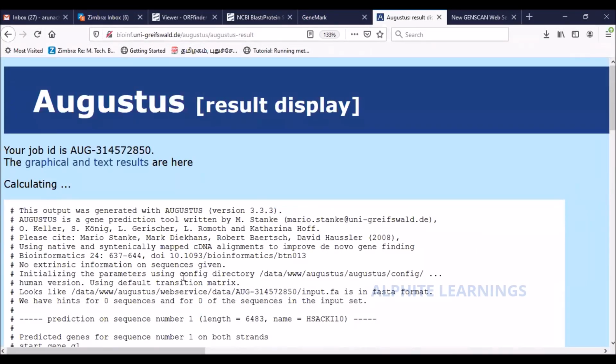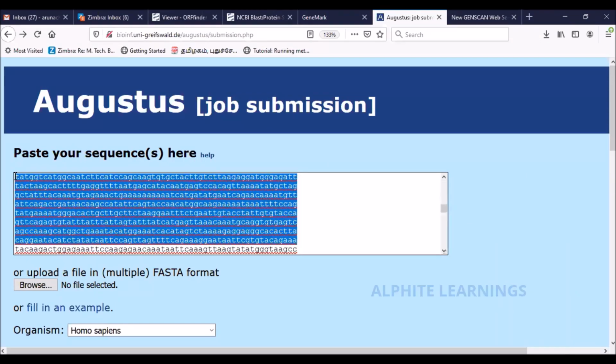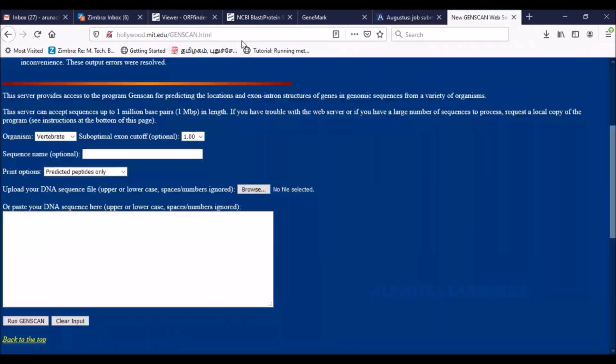So this Augustus, as I told you, looks for intrinsic patterns and then predicts. Right. What I do now is select the same sequence and use GeneScan.